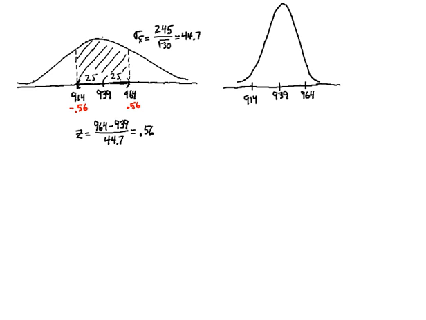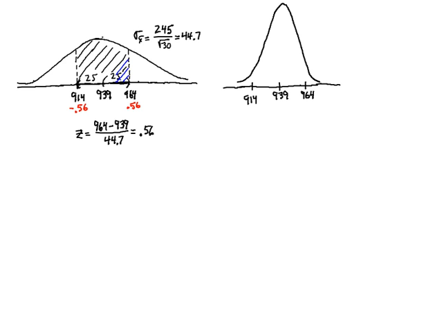Now, to calculate the probability that the sample average will be in that interval from 914 to 964, I need to find the area there under the density function above the interval, the area that I shaded. And I'm going to go to the table to do that, and I'm going to look up the 0.56 in the standard normal table, and knowing that the table reads the area to the left of the z-score,